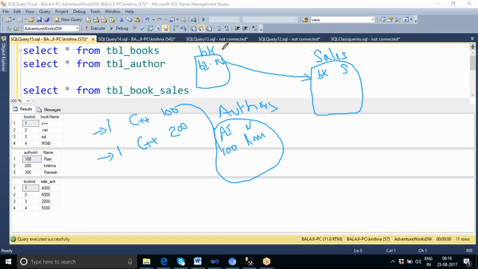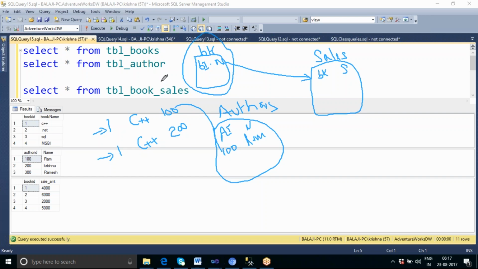Then it will no longer be a dimension. Dimension means the SQL table we call master tables, which contain the unique data. Similarly, in SSAS, we call those master tables dimensions, which should contain the unique data.